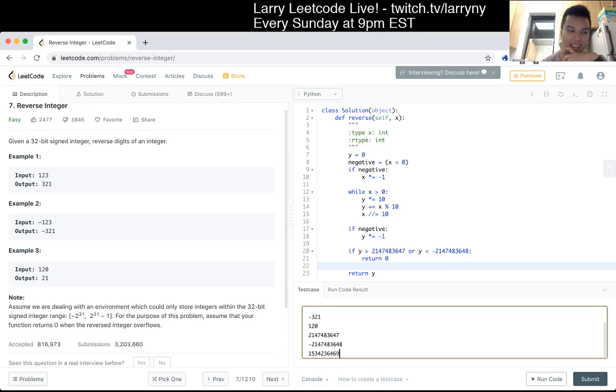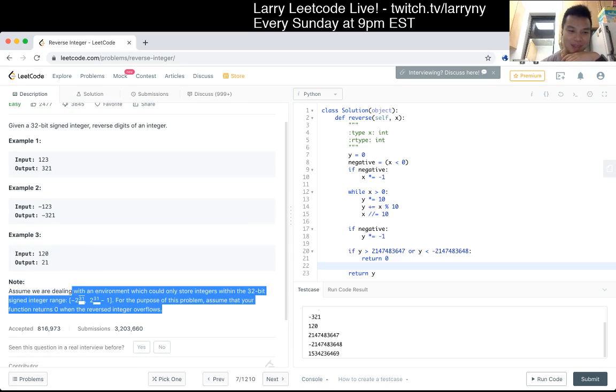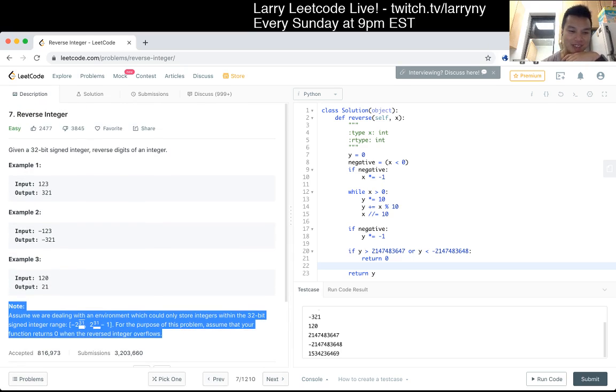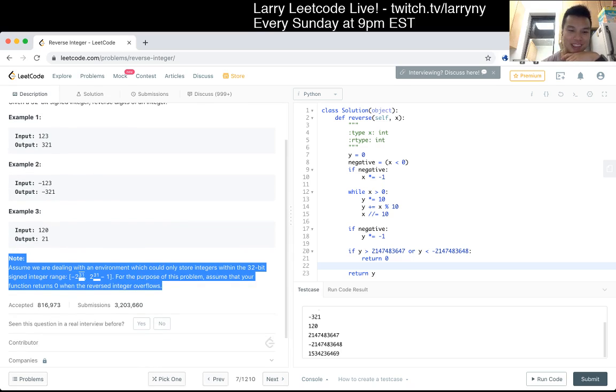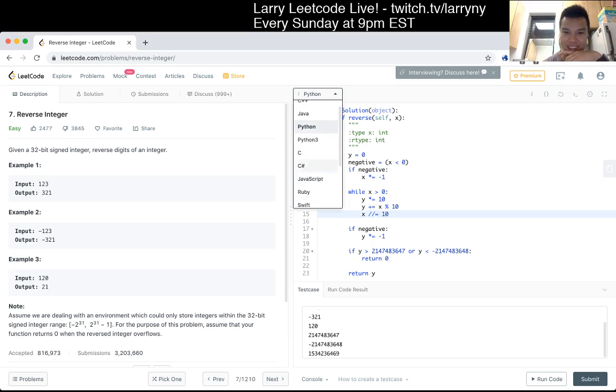Cool. I think that's what I have for this one. The notes are a little funky. I think in most other languages, you just use a 64-bit int and then return if it goes under or over, like you may put this in the loop. I think most languages have 64-bit, right? I know JavaScript doesn't, but you could kind of use it as a 48-bit or something like that, right? So anyway,